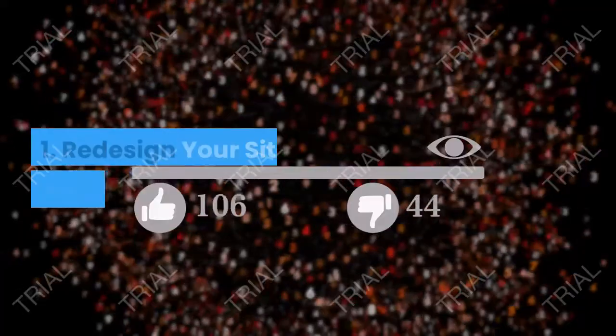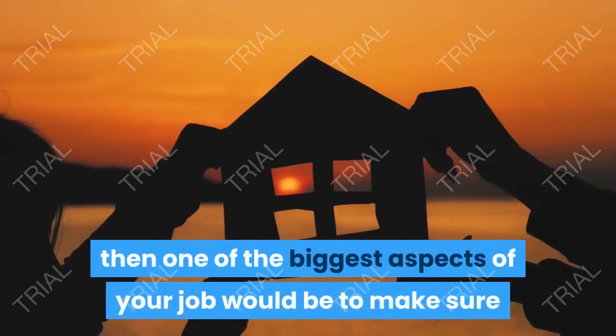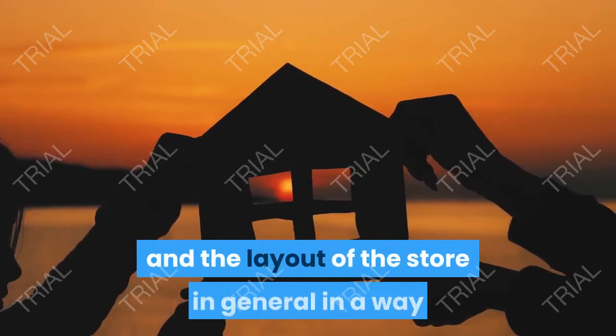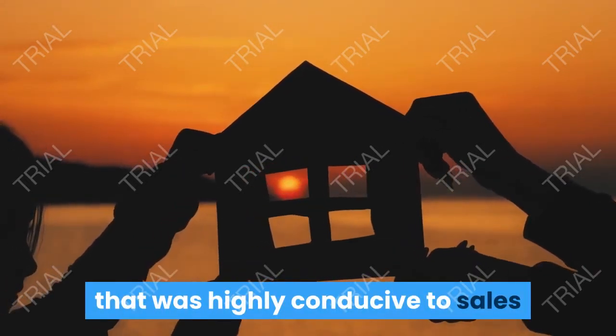1. Redesign your site with psychology in mind. If you were manager of a store like Tesco Express or the Co-op, then one of the biggest aspects of your job would be to make sure that you organized the stock and the layout of the store in general in a way that was highly conducive to sales and that would encourage people to discover your products and offers